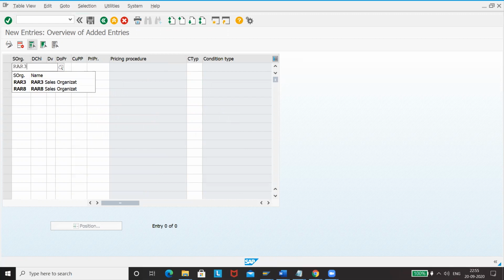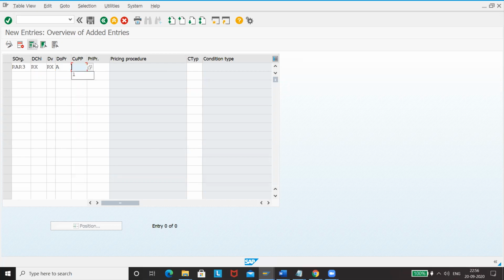Your sales organization, distribution channel, division, and document pricing procedure. You always maintain A and B. A is for sales order VA01, and the other is for contract. So we have to maintain for both of them.